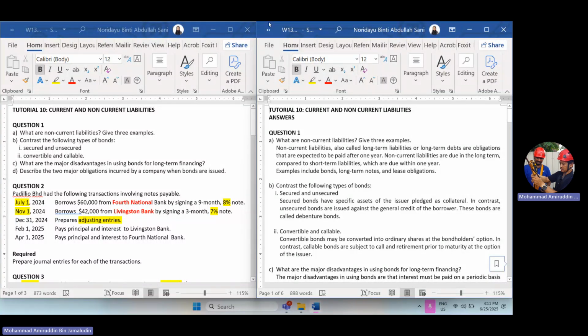So we have accounting for liabilities. Actually, this is not a new topic since you have been introduced with the preparations of statement of financial positions, right? You have learned from the beginning on the introductions of liabilities component, which we have current liabilities as well as non-current liabilities. So when we talk about current liabilities, those are liabilities which are due within a year. So in accounting, when we talk about short term,